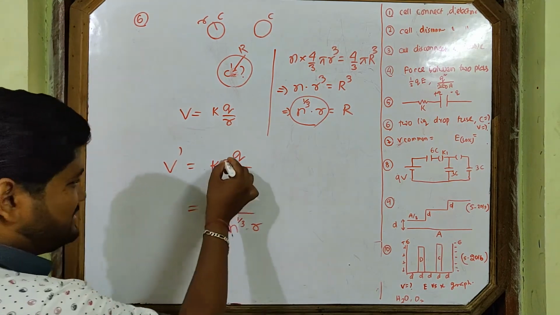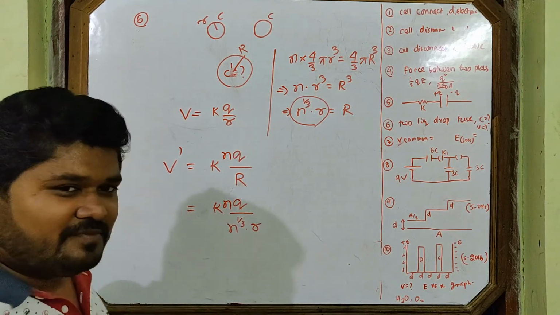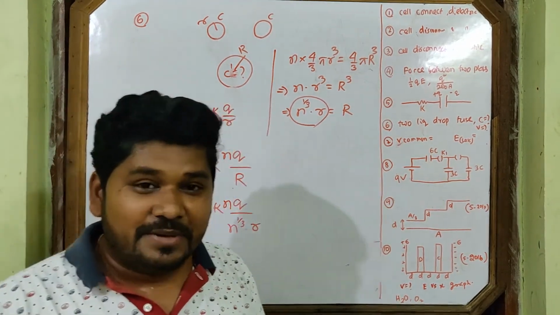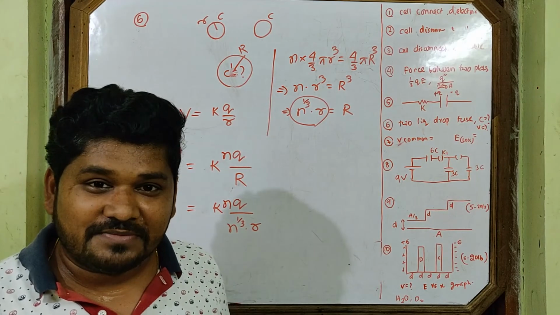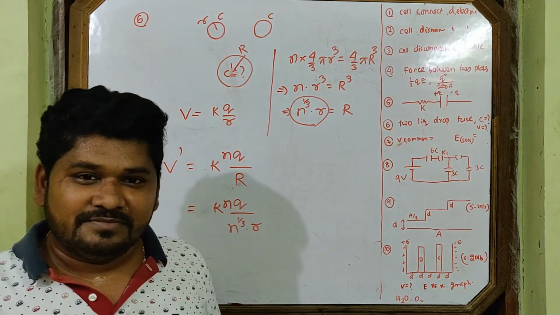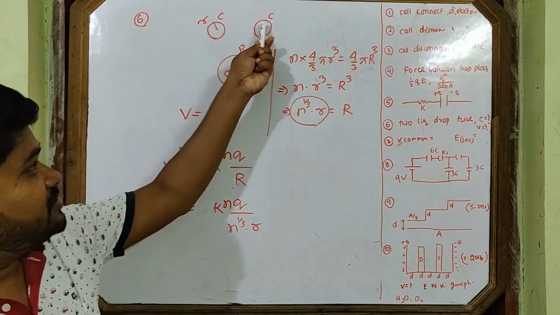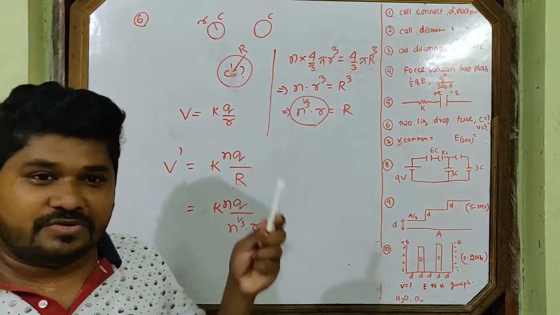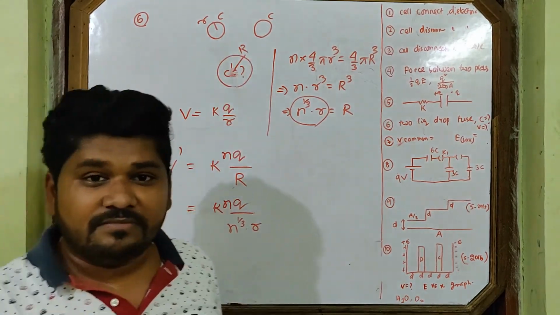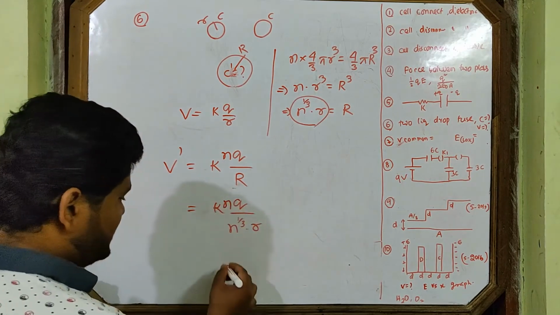Here the charge will be nQ. Why will the charge be nQ? Because charge is conserved. But students forget to write nQ here. This is a common mistake. Remember, this is Q, this is Q, Q, Q. Many drops are there, Q, Q, Q. Then what is the total charge of the bigger drop? nQ. Okay, don't forget to write this nQ.